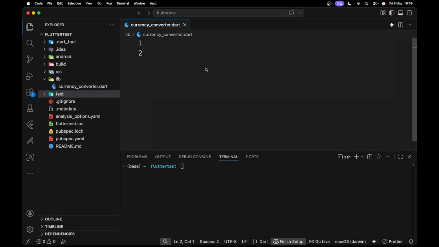Let's talk about testing your Flutter application. I'm not talking about manual testing. There's a faster way. When you manually test your application, it's like you make a change in your code and